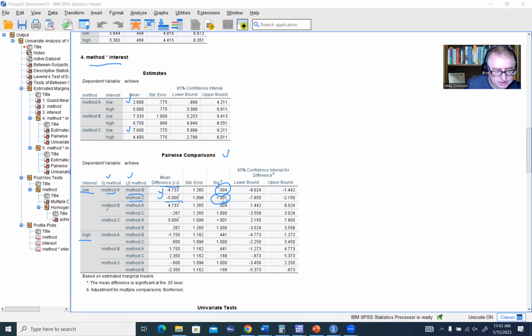Then we've got a comparison between method B and method C right here. In this case, we'll just clean that up a bit, and actually, we'll go ahead and clean up everything right there. So now we have low interest method B minus low interest method C right here. And now you can see in this particular case, we still have a negative value, but that difference is not statistically significant. So we actually have differences between method A and B and method A and C in the low interest group. Now, if we look in the high interest group, then we've got method A minus method B